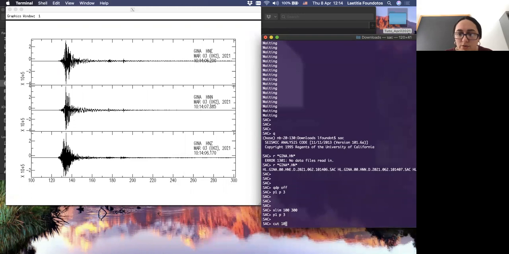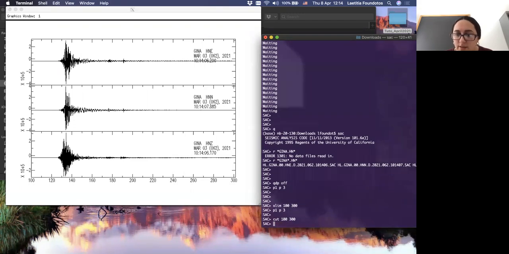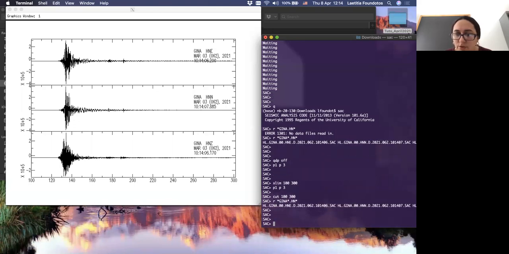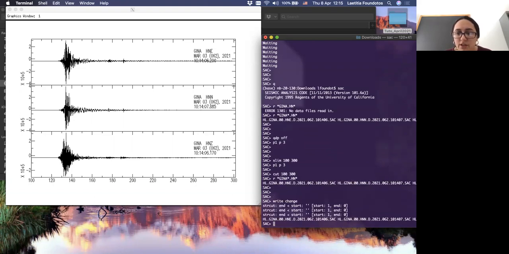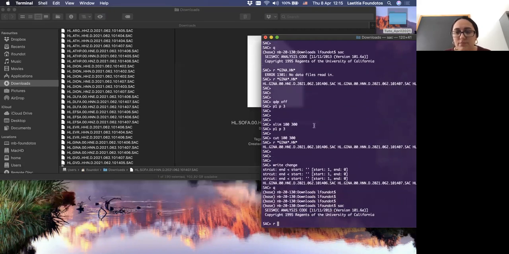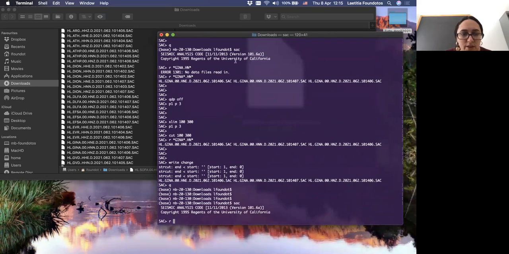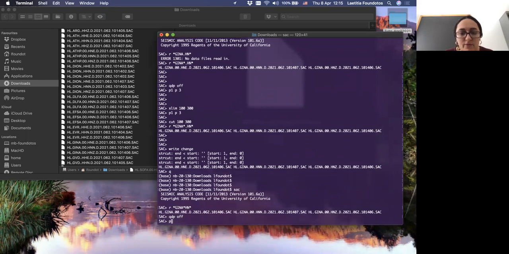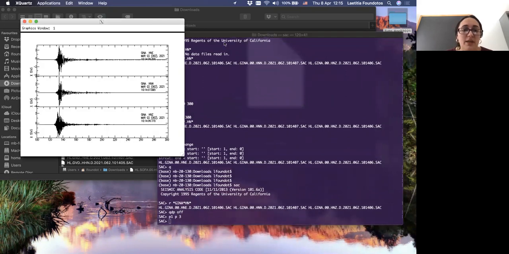So we can cut inside this part. So cut and read again to make the cut operational and write the change. Okay, let me quit SAC and then read it again. And normally now you will have only the cut files containing only the main shock.